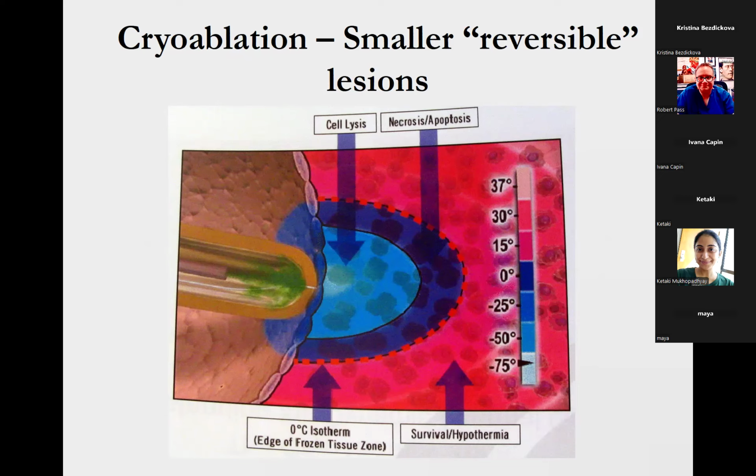But the disadvantages, and the reason why you don't see Dr. Love or myself using this with any regularity, is because A, the catheter is very, very stiff, and it's challenging to get it to go to as many locations as you can with an RF catheter. But the most important reason we don't use it as often is it doesn't work as well. The efficacy rate is probably about 5 to 10% less than radiofrequency ablation.